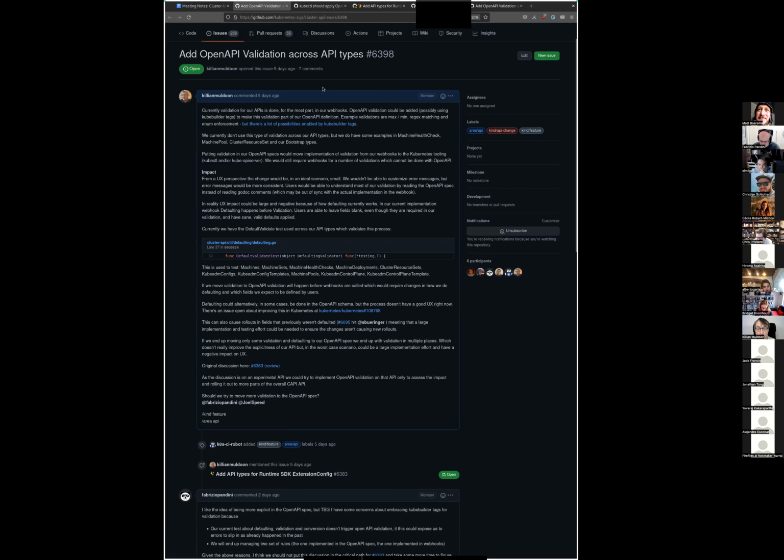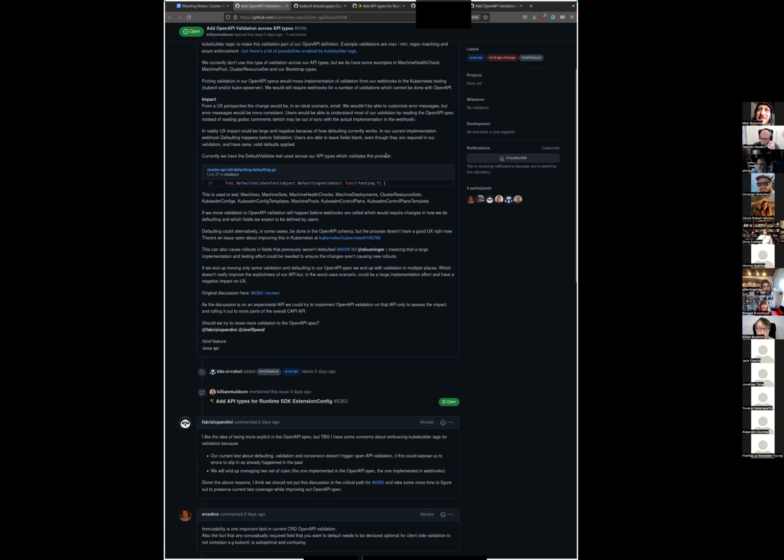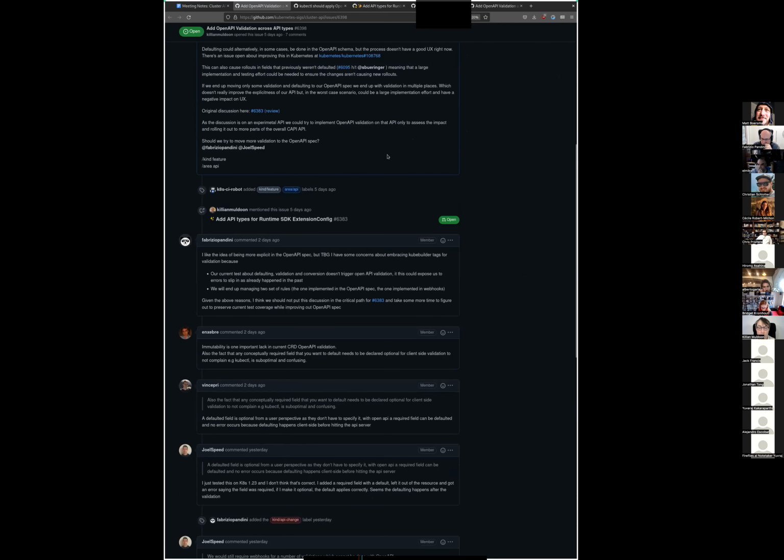There's another issue around the way we test things. So doing things in webhooks, we can actually unit test that. We can write more complicated unit tests. We can figure out our edge cases and stuff. Once we push stuff into the OpenAPI schema, it becomes more difficult to test. And I think that's it for the major issues. So right now, similar to the required stuff, for this OpenAPI validation, I think the idea is to push it for now, not do it on our extension CRD, and instead to try to tackle it later on in a more holistic way once we understand.